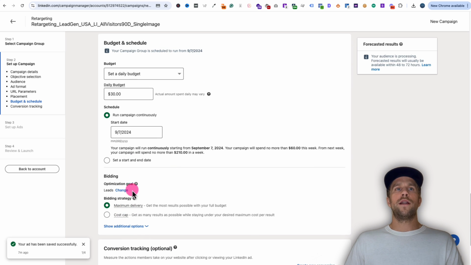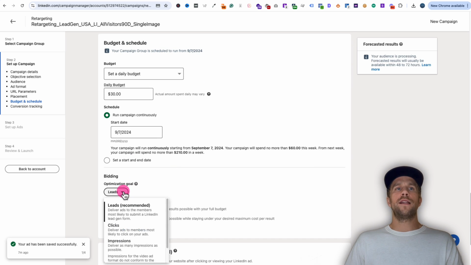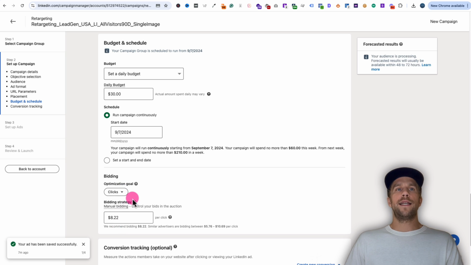And then we're going to optimize, in this case, not for leads here. We want to be charged per click. So we're going to select clicks here. And then for manual bidding, we can see the lowest bid says $5.76. So we're going to go a little below that, say $3.65. And then if we're not spending our full daily budget each day, we're going to incrementally increase that manual bid. So you always want to make sure you're watching performance and seeing how your campaigns are spending. But we're going to start off with the lowest bid so we can try to get the lowest CPCs available